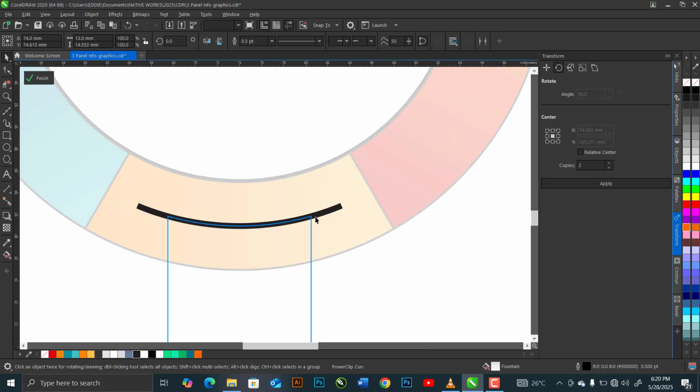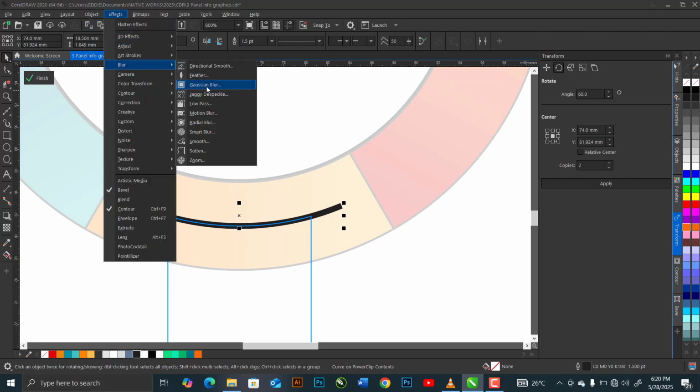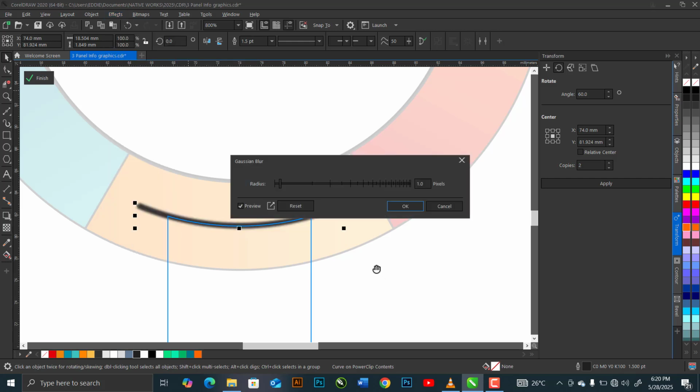Let's edit it and give it a blur effect. So we go to Effect, Blur, and add a Gaussian blur. You can try out different amounts of pixels to see which one meets your preference. But for the sake of this lesson, I will choose a 2.5 pixel blur